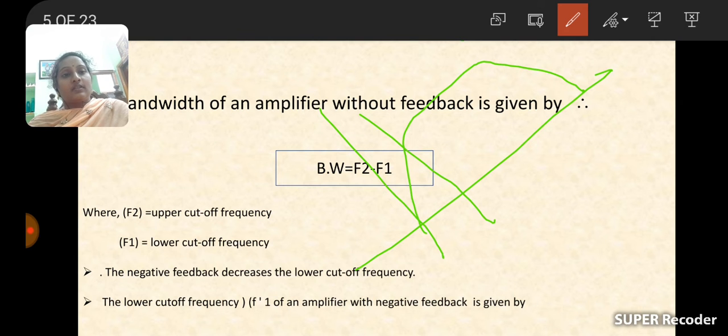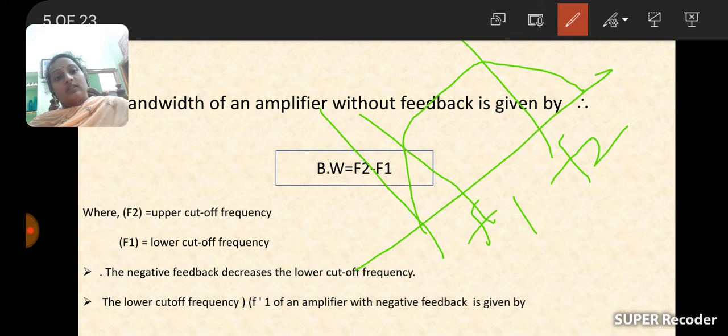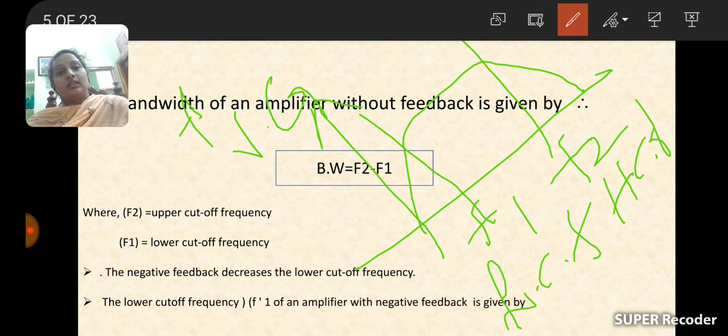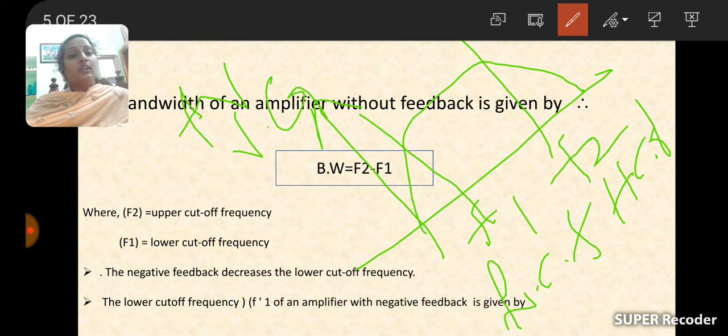So this is a diagram, like this: f1 and f2, where this is the lower cutoff frequency and this is the higher cutoff frequency, and here the voltage gain is indicated with AV. The curve drawn between the voltage gain and frequency is called the frequency response. In the frequency response curve, the band of frequencies that attains